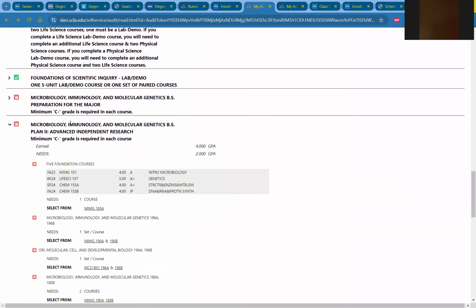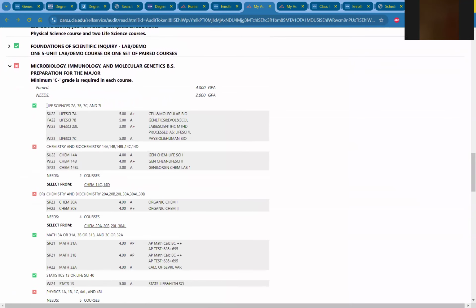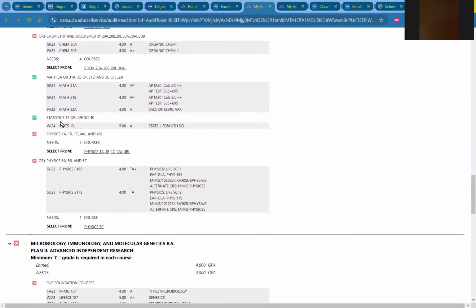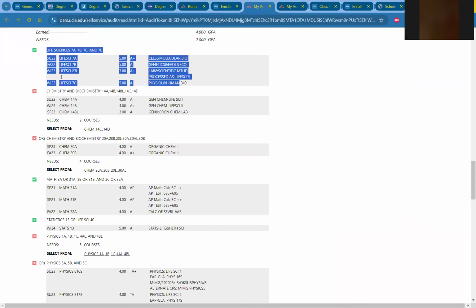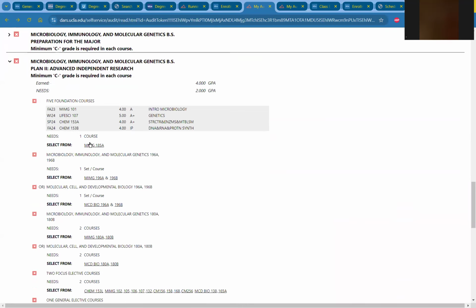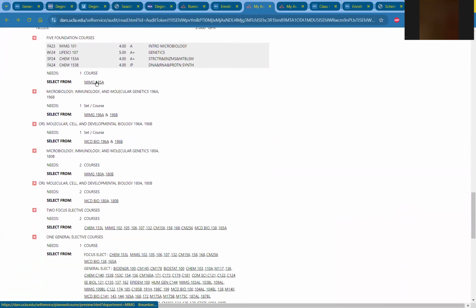Here you can also see your major courses. So you can see the lower division courses. That's usually called preparation for the major. All that. You can also see your upper division courses. And again, this is where it will show you the courses that you can select from. So I need to take 185A, click on it,